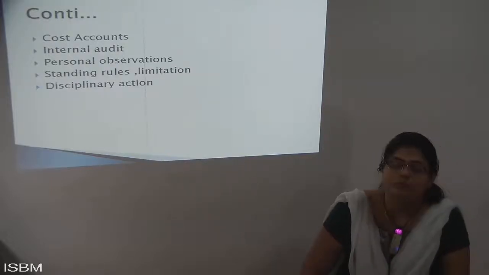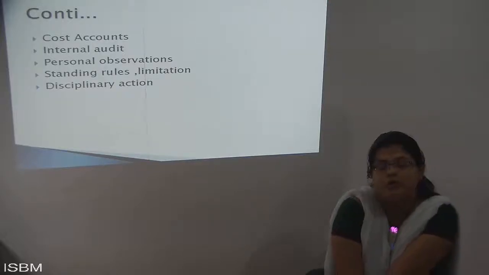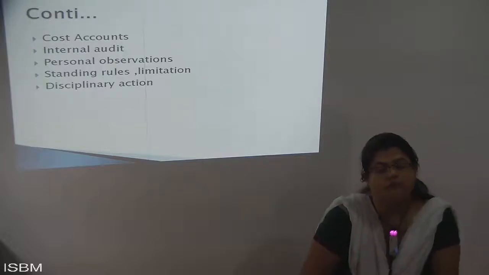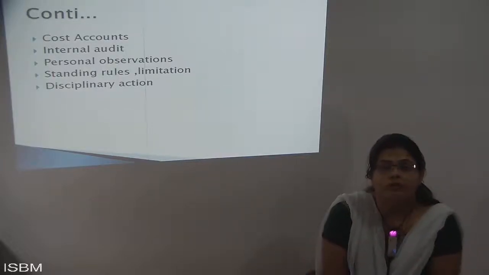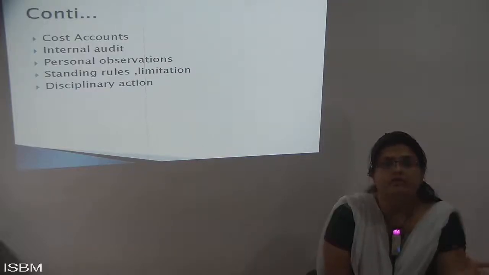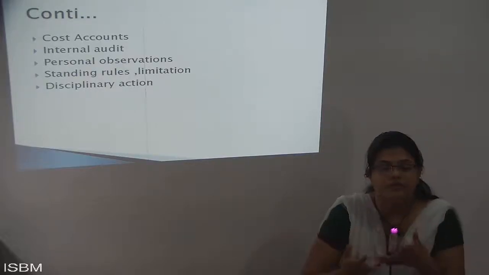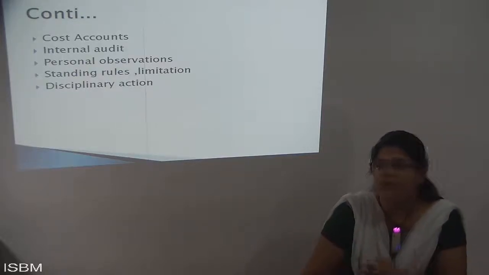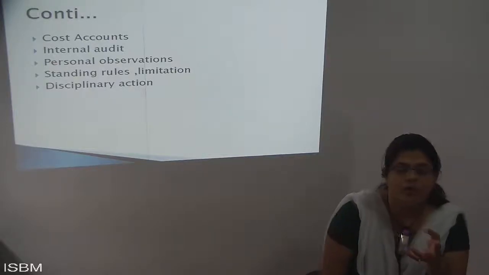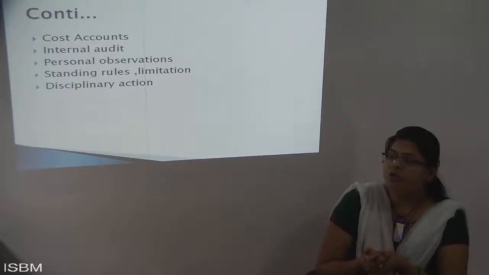Next, it is personal observations. As you're using controlling techniques, there should be a certain type of personal observation. It means I move around everywhere to check whether the controlling system is moving in the right direction, or whether it is being shuffled here and there or misbehaving. With the help of this, I can know how the resources are being allocated.